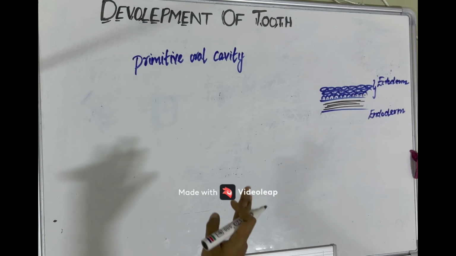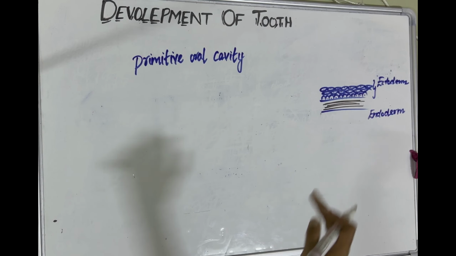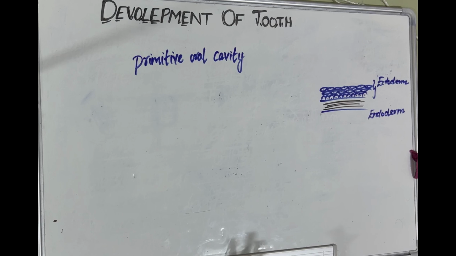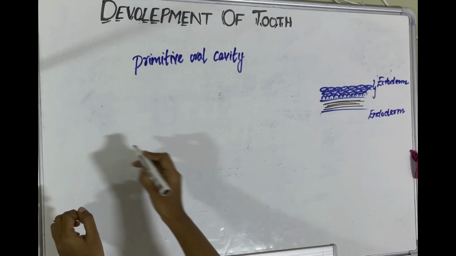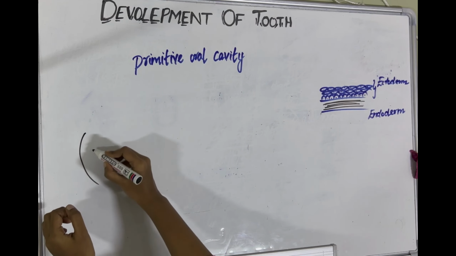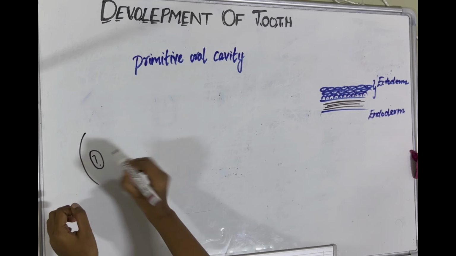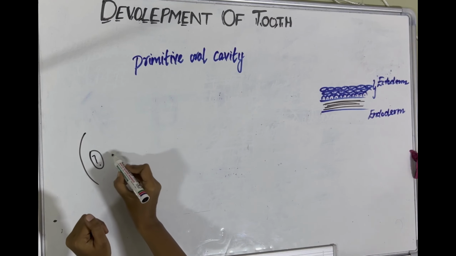In this video, we'll be seeing about the development of tooth. Tooth development happens in our intrauterine life. As we are in the uterus of our mother, tooth development initiation will begin. Imagine you're in the womb, the fetus is there, and there will be